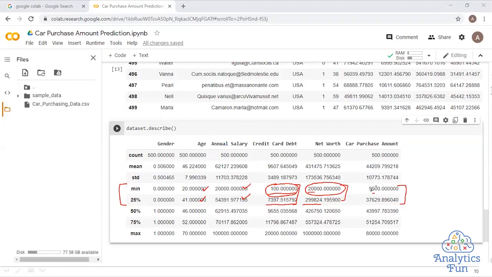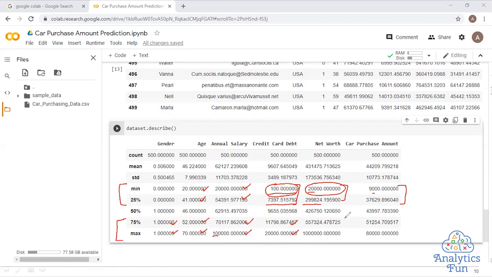Okay, now let us view the outliers on the maximum side. We'll compare the 75th percentile and the maximum value. For gender, it's 1 and 1, because it is male, so that makes sense. Age is also 52 and 70, nothing suspicious here. Now annual salary is 70,117 at the 75th percentile and 100k at the max. So the values are very reasonable, and the max value of 100k is not looking suspicious. We now have credit card debt 11,798 and 20,000. Nothing suspicious here either, it can go to 20,000, a very close value.